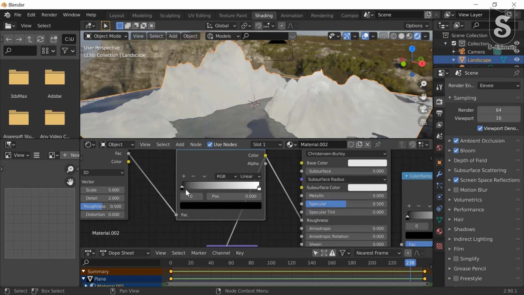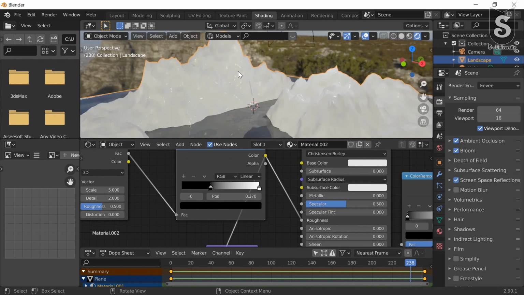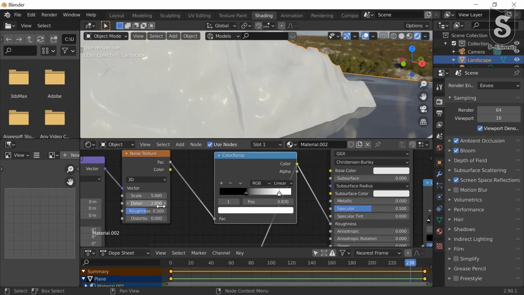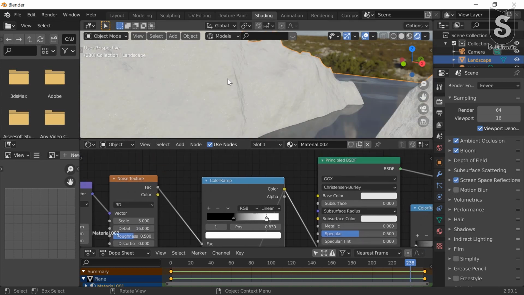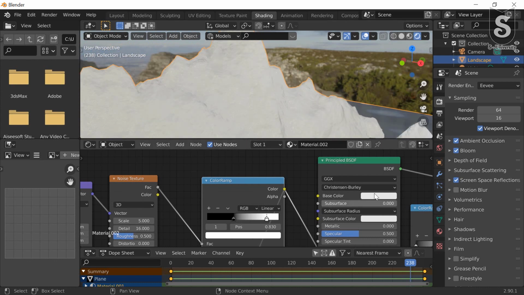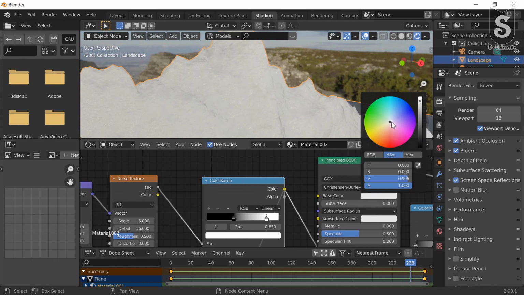Now change the value to see how it looks like and increase the detail value to the maximum of noise. Now in principled BSDF, change color to some dark value.